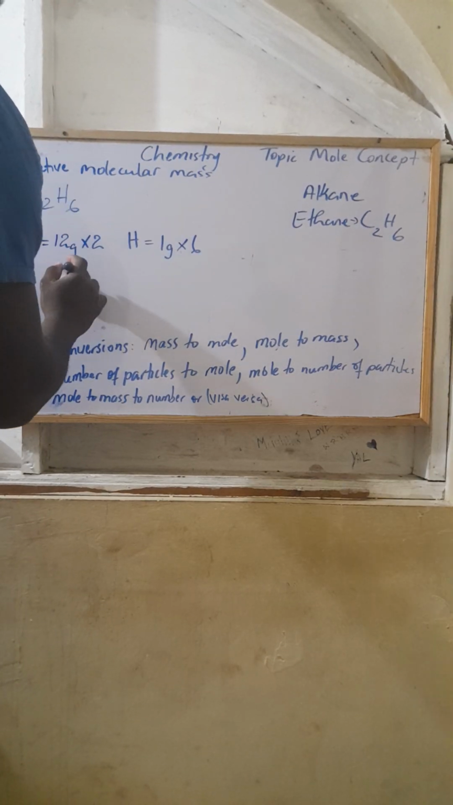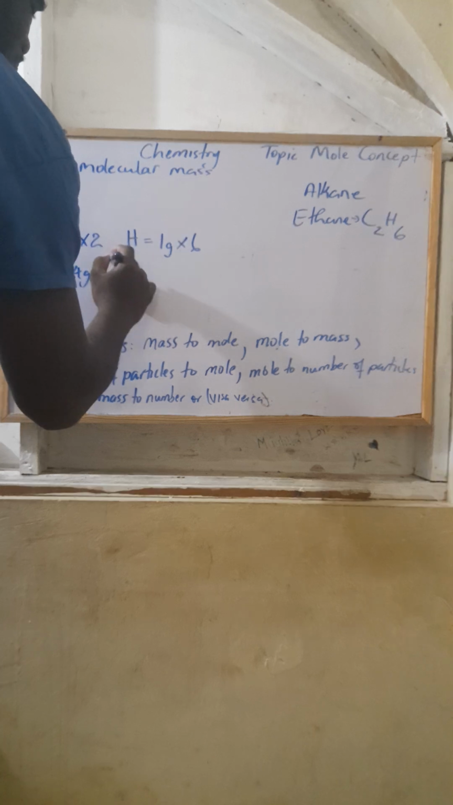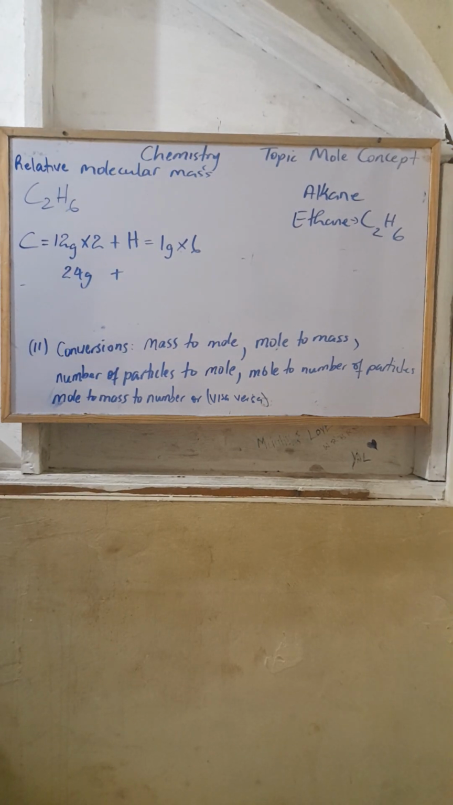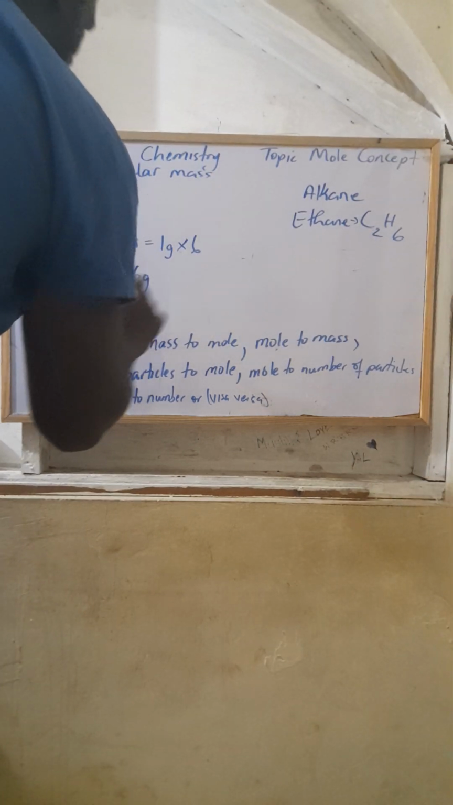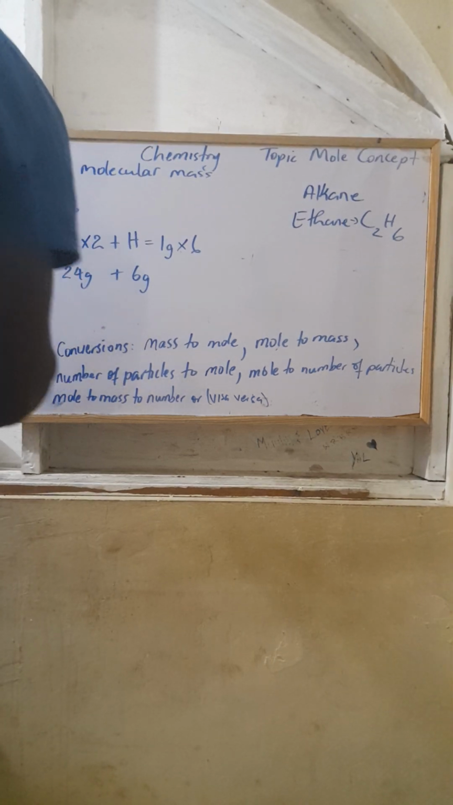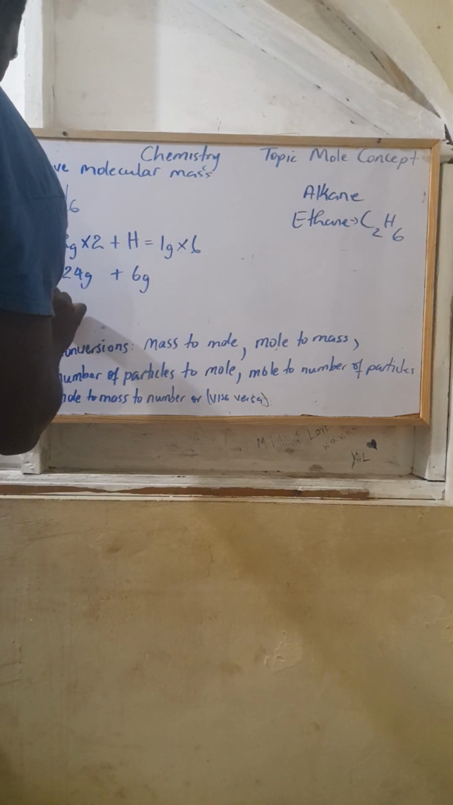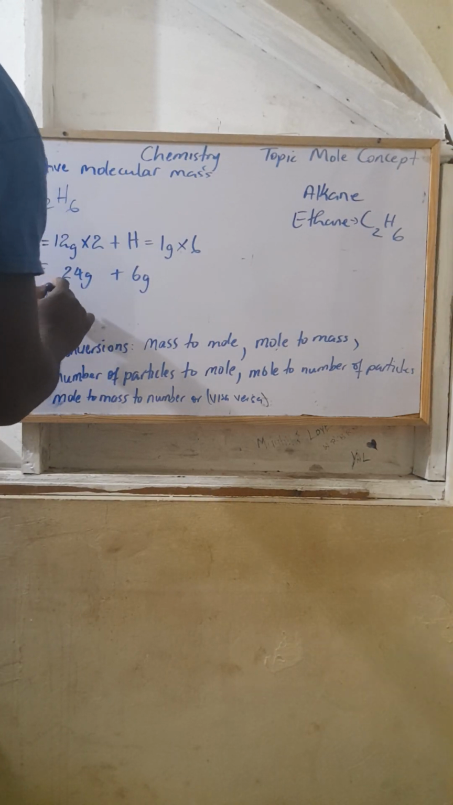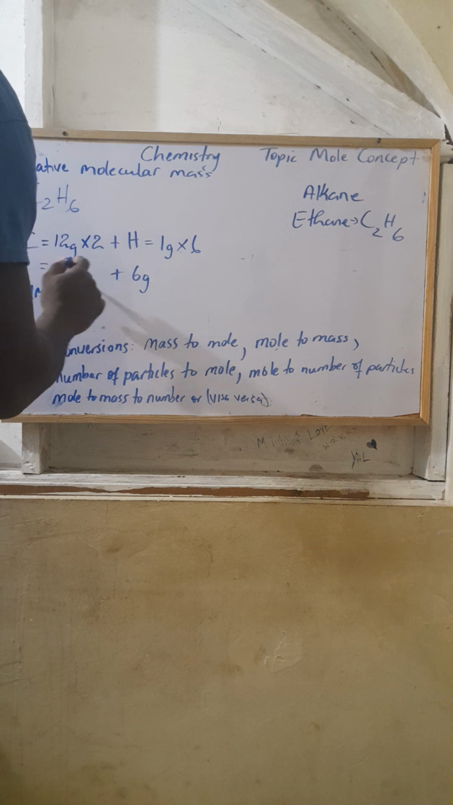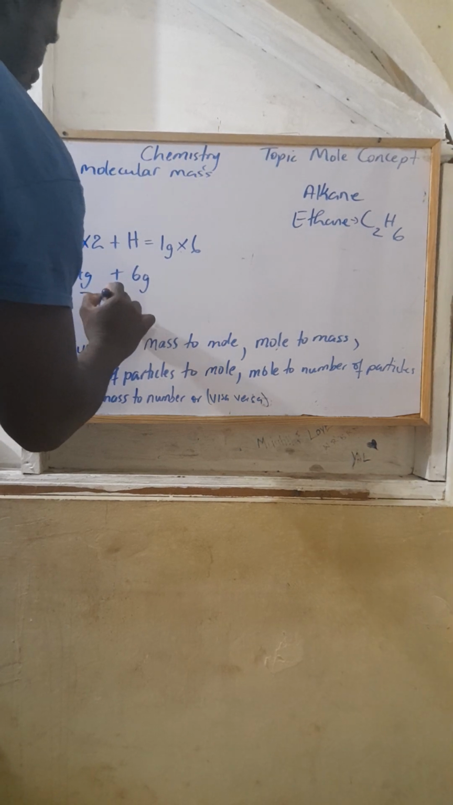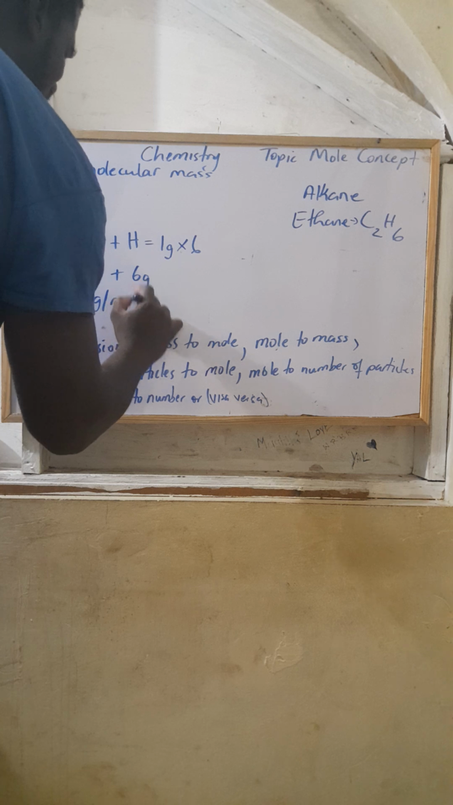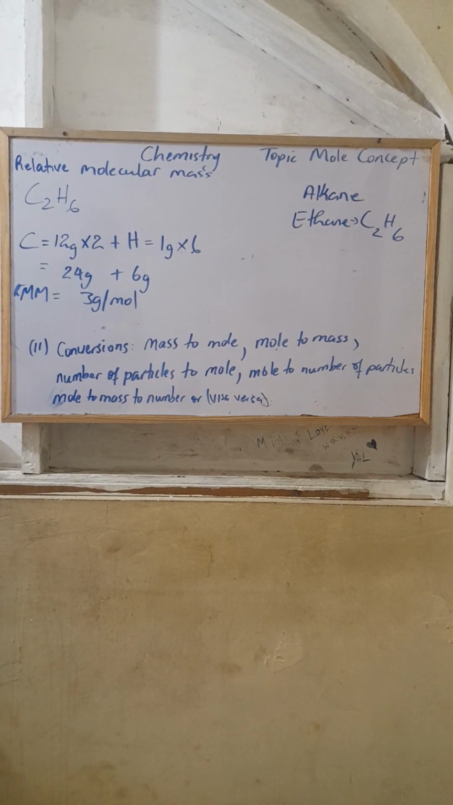2 times 12 is 24 grams, plus 6 times 1 is 6 grams. All right, and we see then that the relative molecular mass is equal to 24 plus 6, which is equal to 30 grams per mole. All right, again I repeat, the molar mass of any substance is the mass of 1 mole of that substance. Okay,